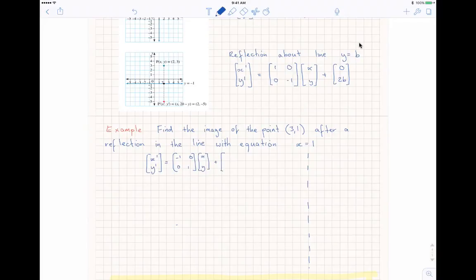Our a is equal to 1, so 2 times 1 is just 2, and that's the required transformations. So if we substitute in the original point, the pre-image point, substituting in 3, 1,